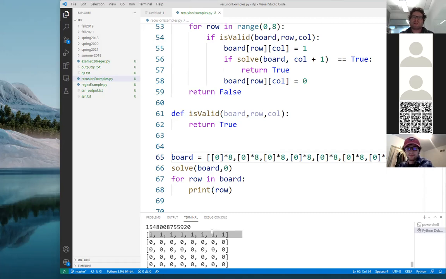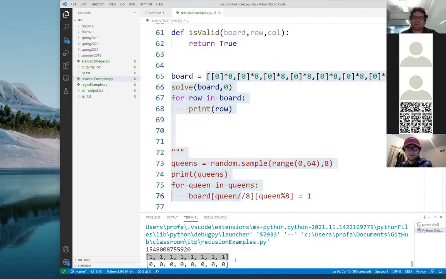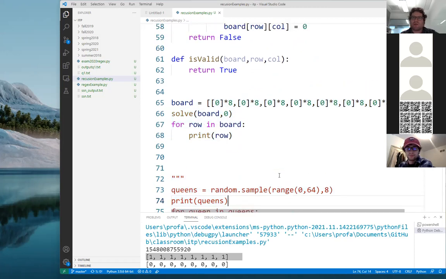Great. So notice that we've put queens across the top row. We had 0s there, and now we have 1s across the top row. Now you're going, wait a second, Professor Rosen, that's not an 8 queens. That's not a solution to the 8 queens problem, right? I think Professor Rosen has forgotten how queens move. Possibly it's been a couple minutes. My memory isn't what it used to be, but